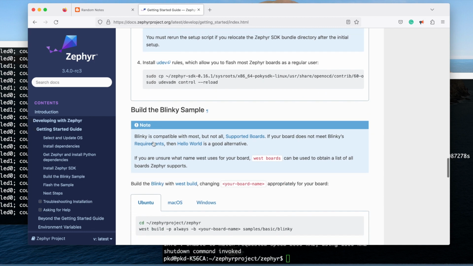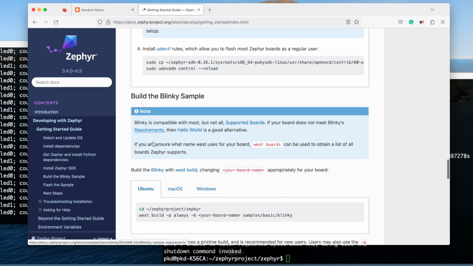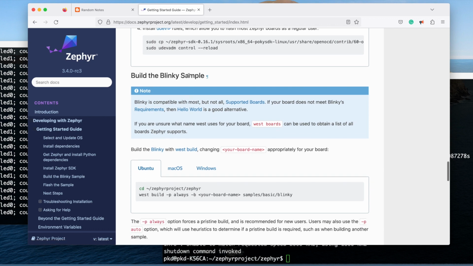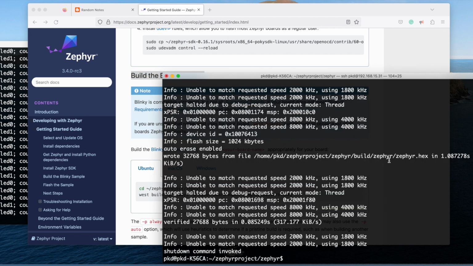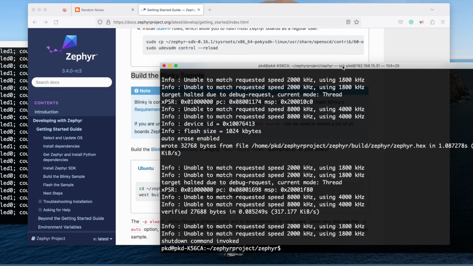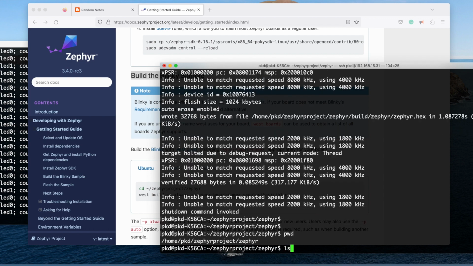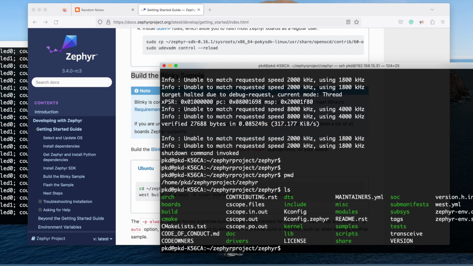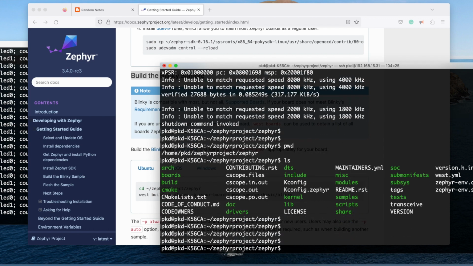I think I didn't have to do something like that. In any case, let's build the blinky sample. So how do you build the blinky sample? I'm going to show you how to do that. In my case, as you can see, my Zephyr project is set up here, and if I want to, for example, do a west